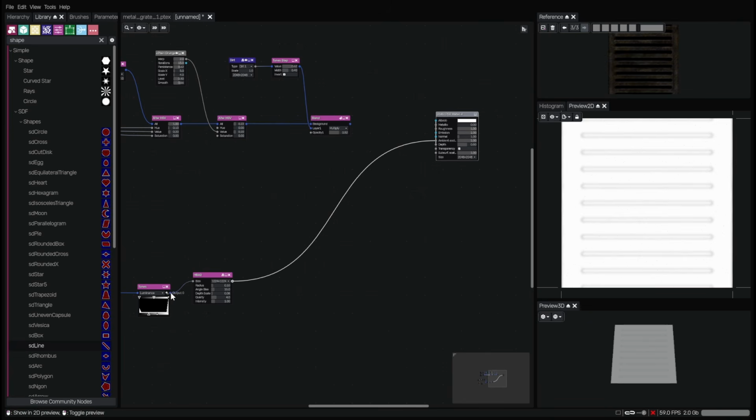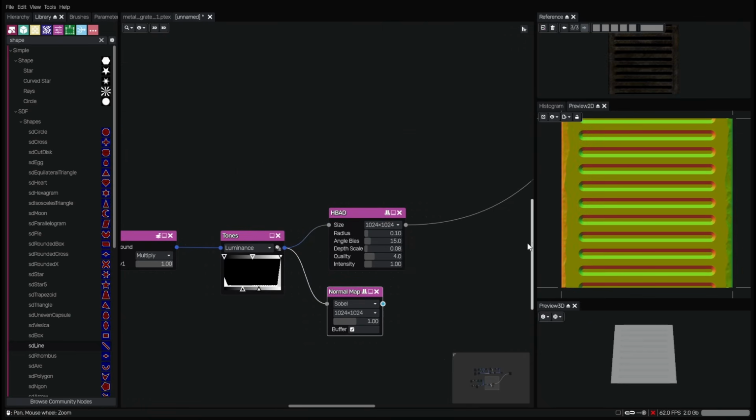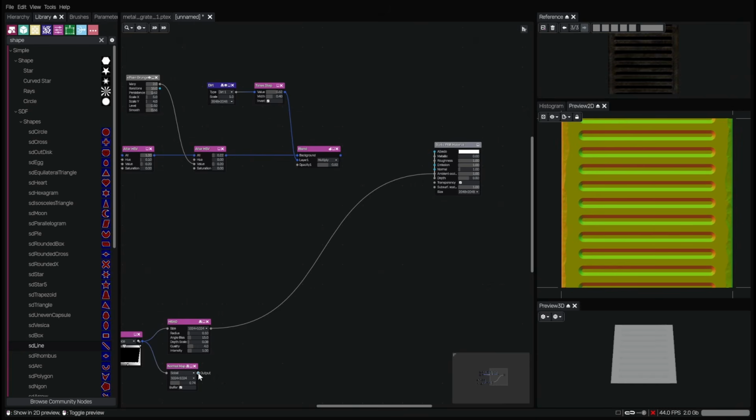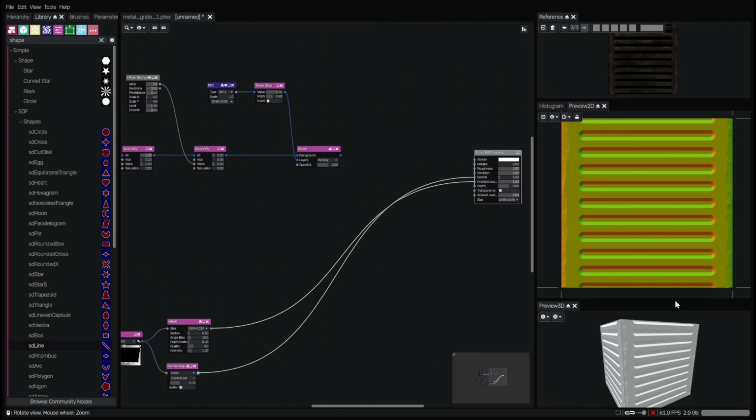And we can also take the tones node and plug it into the normal map node. And this does a bunch of cool calculations and creates a normal map. You can bring this down a little bit. You can adjust the intensity of that right here. I don't know, somewhere around there, maybe 0.75, 0.74. And we can also plug that into our final normal. There we go. And there's our currently ugly texture because we need to do some work on our albedo, our